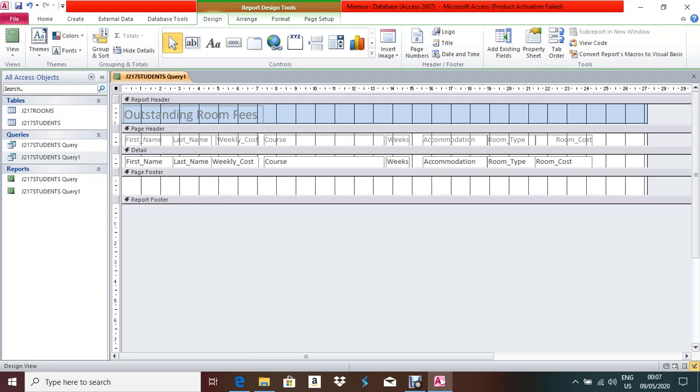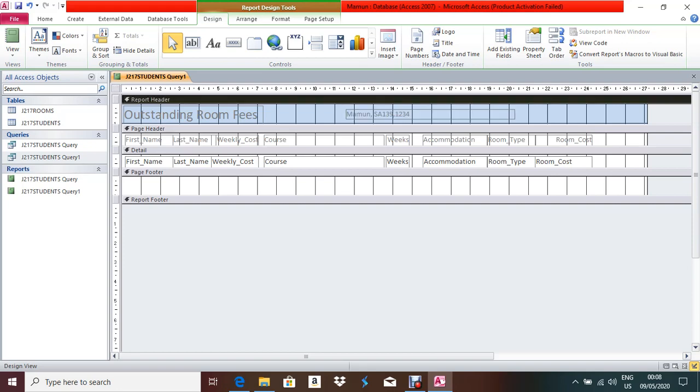So I'm writing in the report header, but if it is more than 35 records, or if the report is coming in two pages, that time don't mention your name, center number, candidate number in the report header or report footer. It should be either page header or page footer. Okay, if your report is coming in 2 pages, but it will come in 1 page, so I am giving in report header because they are asking for the top of the page. You have to give your name, center number. So draw a label box like this and write down your name, comma, center number 139 and candidate number 1234. Right, this is a random candidate number.